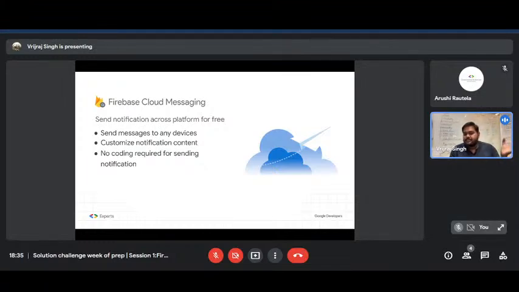If we have some JavaScript functions, we just need to invoke those functions for sending push notifications. And we can create groups. Let's say I have 100 users, and for 50 users I want to send X type of push notifications, and for the other 50 users I want to send Y type of push notifications. We can do that with the help of Cloud Messaging.